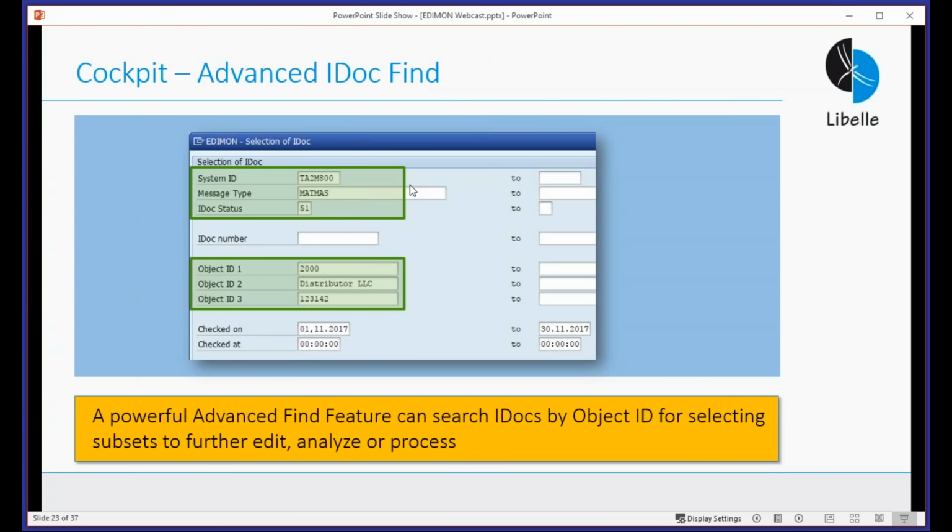We have a very powerful IDoc find feature where you specifically provide system ID and IDoc status, and say, find me specific IDocs with a certain state. And we use the term object ID, and this is something you define based on a message type to say, in MATMAS, this is segment field A or segment field B. In DEBMAS, this is a different segment field. So the object ID is referring to specific segment fields you would like to pull out, which you can configure in the base configuration of EDIMON,